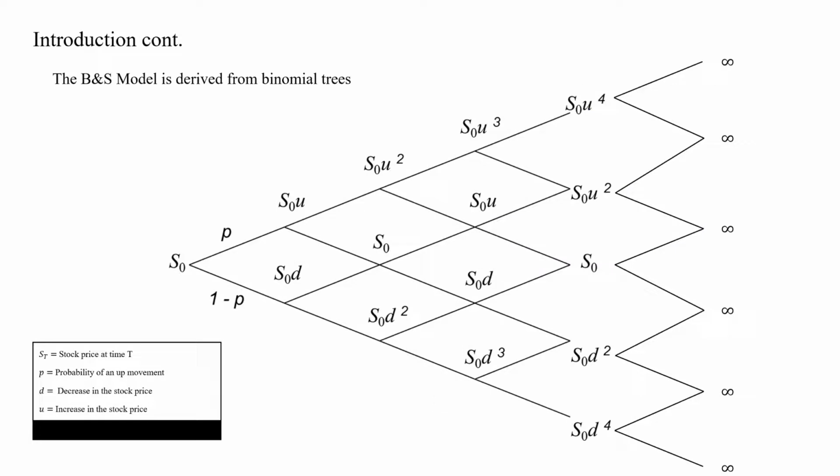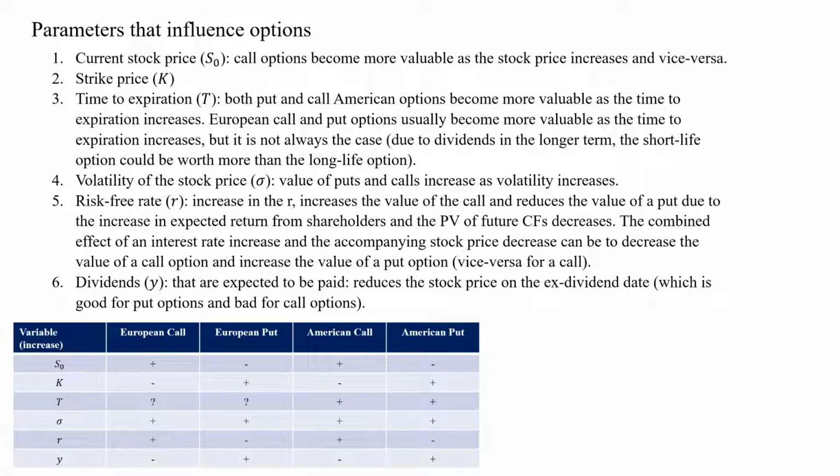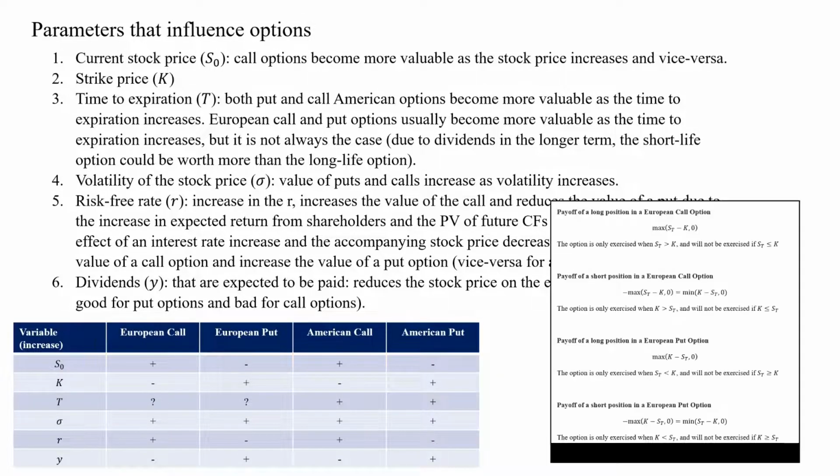So what is the Black and Scholes model? Well, it is simply using what we call the binomial model, which is another model to calculate an option's price. It is simply the steady state of the binomial model, since it is a stochastic process where we're looking at time steps. So what are the parameters that can influence options? Here's a list, and here's how it can influence the pricing of such options